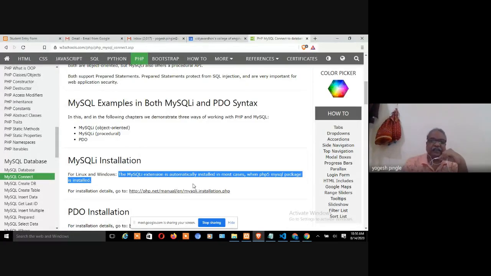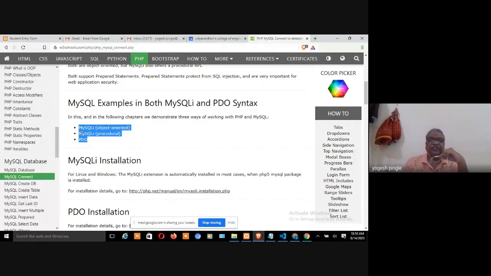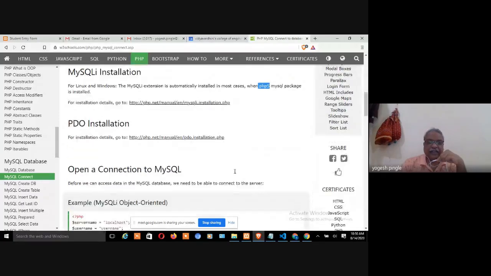So these three methodologies are not applicable below version 5. If you are using PHP 4 or PHP 3, because you are dealing with XAMPP or WAMP, and you installed from a previous setup file, then you cannot work with MySQLi. That is the problem. But now we are using MySQLi because everybody has installed the latest version of XAMPP, so we are definitely working on PHP 5 onwards. We already studied that.